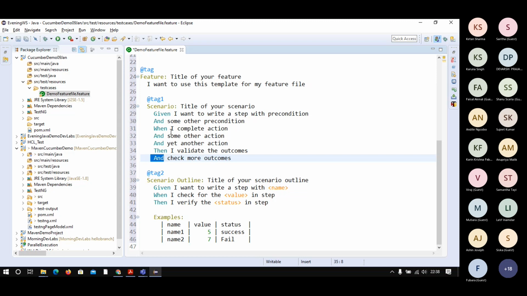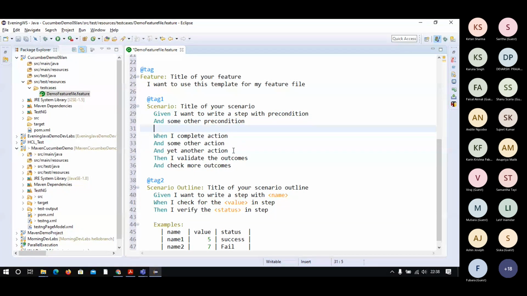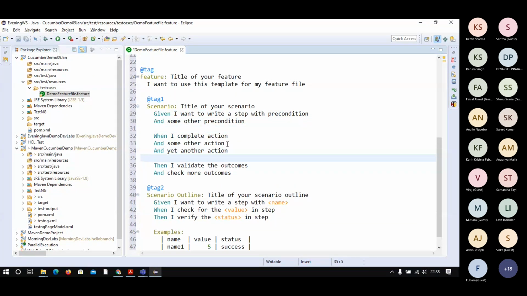So what it is doing, given is something preconditions thing you can write here. Any precondition, say that browser is open, URL is open, browser is launched, URL is open. So those kind of scenario you can put in the given section. In when section, you can put that user has input username, user has input password, like user has clicked on sign in button. So those scenario you can put here.